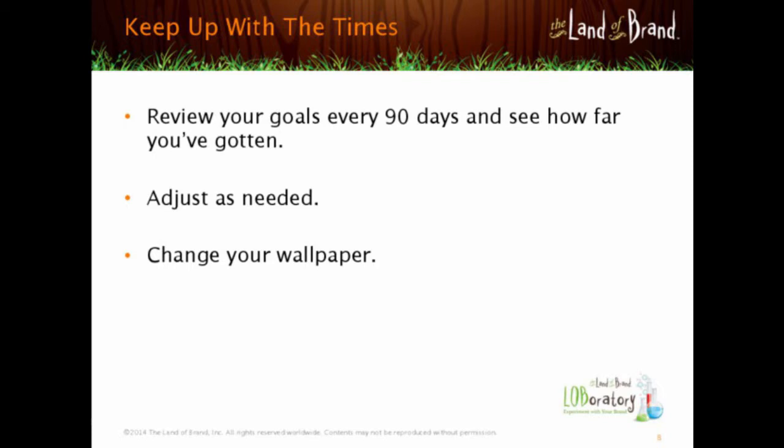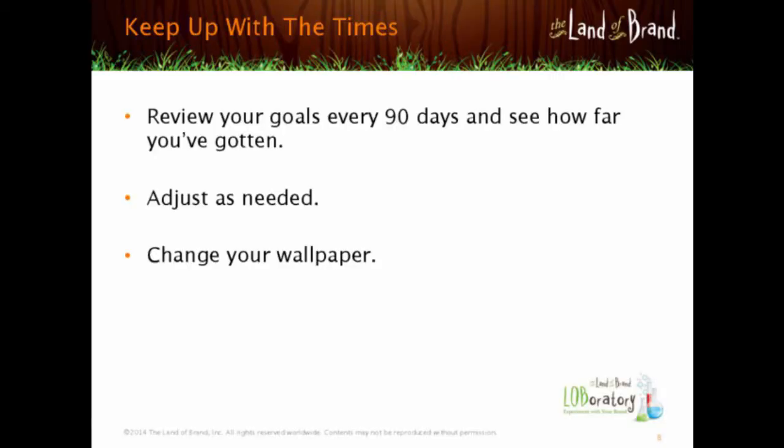So now what you need to do is schedule time on your calendar every 90 days to review your goals. So you're going to see how far you've gotten, what is working, what isn't working, and what needs to change in order for you to move forward. So keep your notes up to date. Make sure that you're reviewing those skills and tracking your progress because, again, that's something that you might not remember day to day to do. So every 90 days, make sure you're running those numbers, going through your marketing tracking systems, your analytics, all of